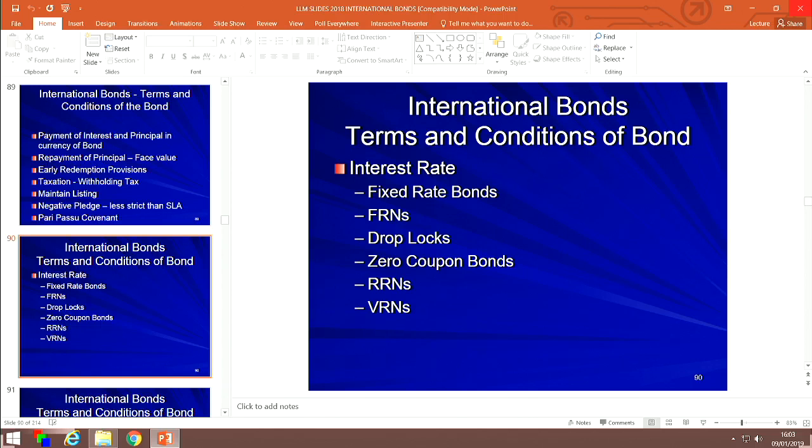There lies the reason for the issue of the zero coupon. You can't play that game in the EU or the US, because in the EU and the US, the tax rule is very simple. Even if it's a zero coupon bond, the tax authorities will say the effective interest rate payable on this bond is so much, and you will pay that. You will pay the tax based on that deemed interest rate payable to the investor, which makes a zero coupon bond virtually of no use if you're issuing it to European investors.